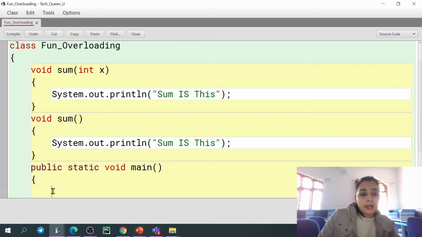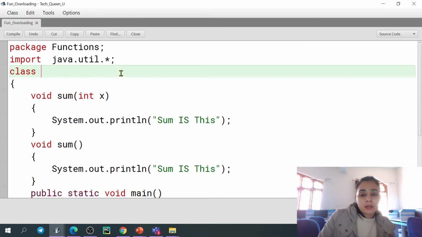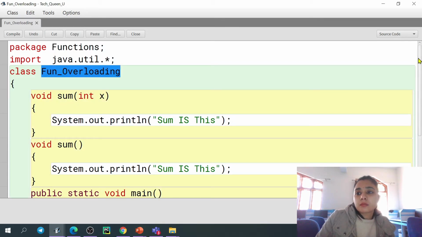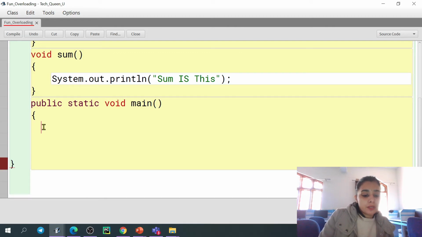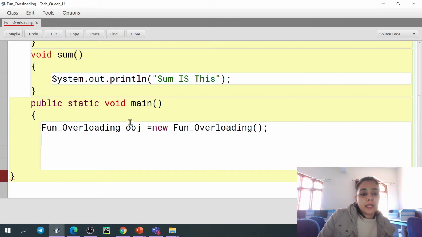If I'm going to write the object, my class is this. Let me copy that, because the name is very long. Instead of writing it, I'm just copy-pasting. So obj is equal to new, and new is an operator. With the help of the new operator, your object will get allocated memory, right? Now with the help of this object I'm calling the function. Which function?